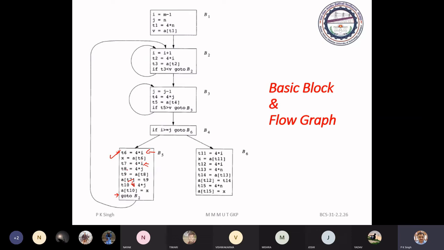Next, T8. See, next is T8, 4 into J, and T10, 4 into J. So in place of T10, you can use T8 here. So you will get